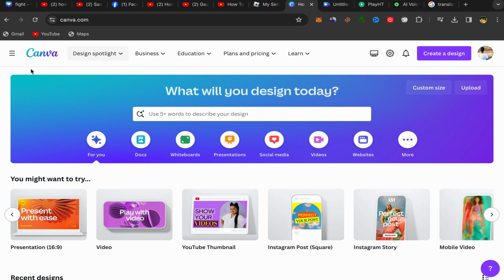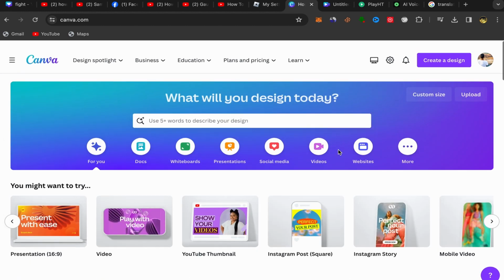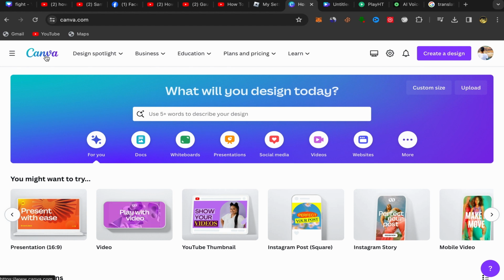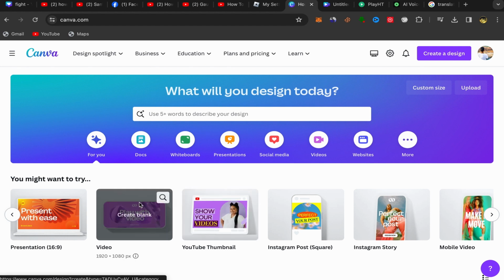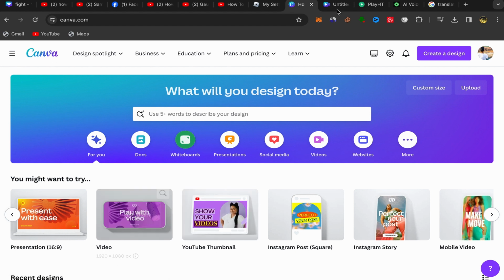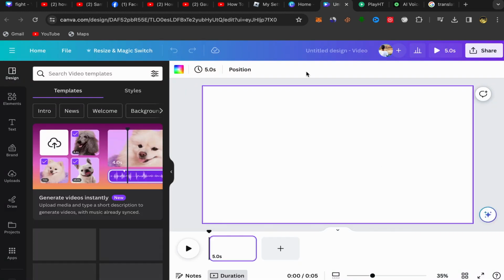search for Canva, okay? It's super easy. Just go to Google, search for Canva, sign up by using your email address. The sign up process is super easy and simple. After you finish, this will be your home page and you should have an account like this one, and it's for free. So you should see over here video, click on video and you will be directly in this page